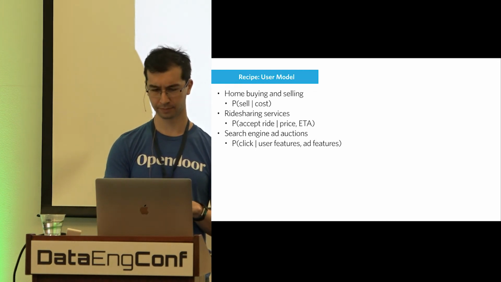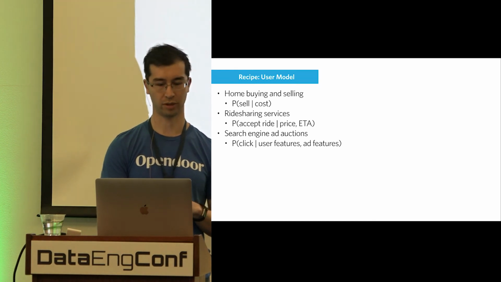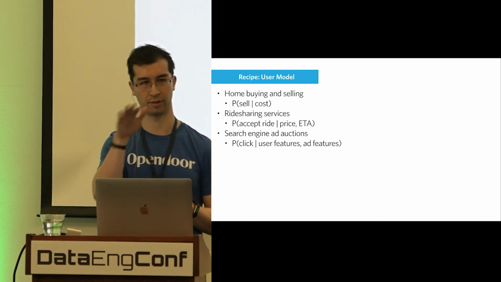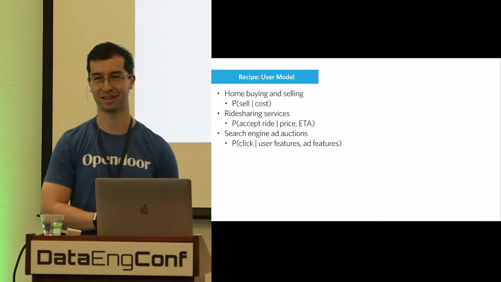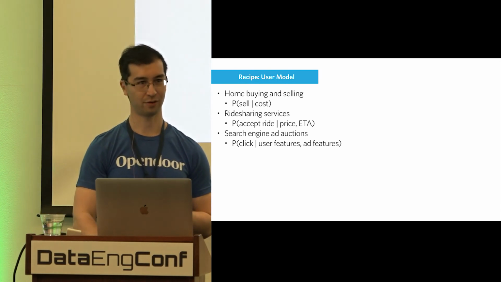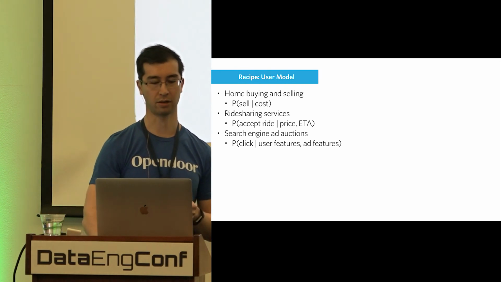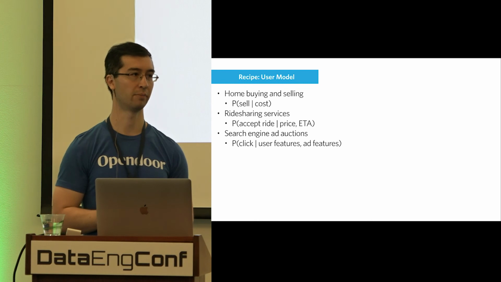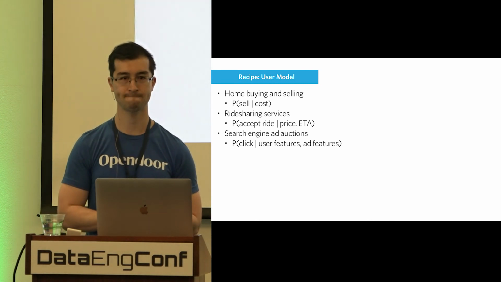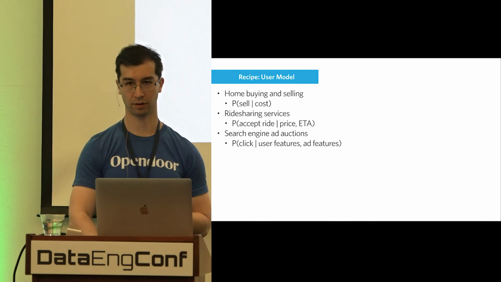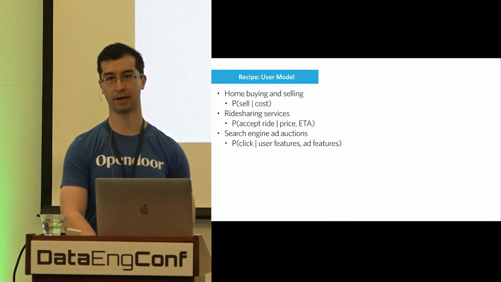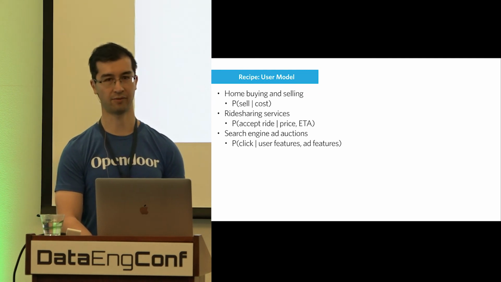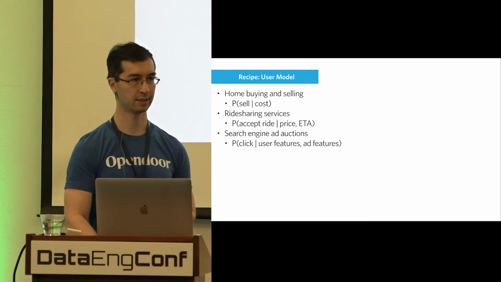And for the user model, in real estate, for us, we were trying to model the probability that a seller would sell their house to us given the fee that we charge. And this was the downward sloping. People don't want to pay more money, obviously. If you're a ride-sharing service, then maybe the relevant user model is the probability that a rider is going to accept the ride given the price that you're offering and also how far away the driver is. And if you're a search engine auction, then you get paid by the click, and you care a lot about modeling the probability that a user will click on an ad, given everything you know about the user and everything you know about the ad.